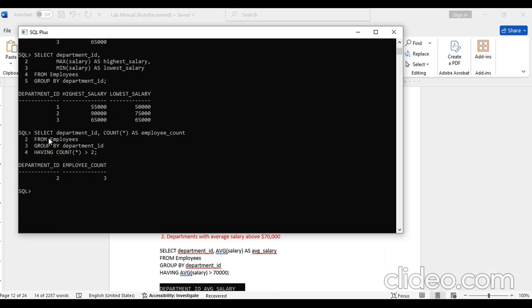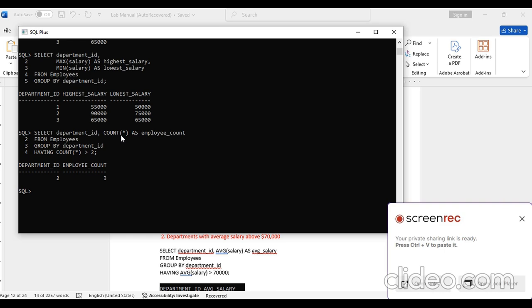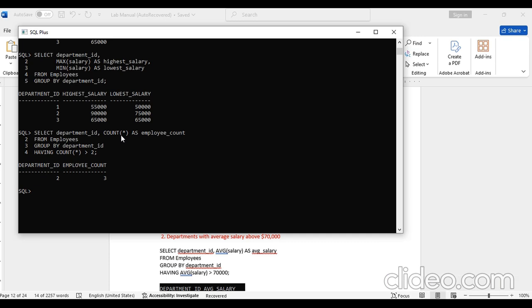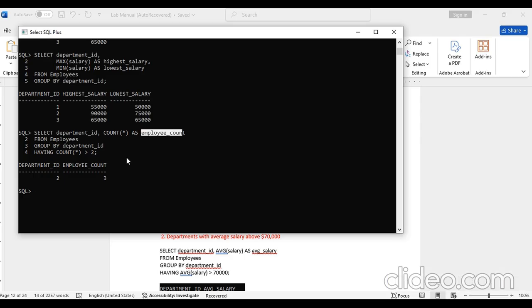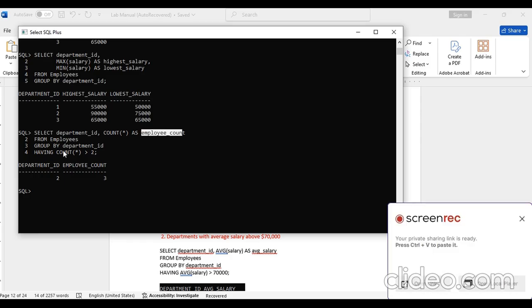Yes. So select department ID and count. In each department we are counting the total number of employees as employee count, and we are giving the attribute name employee count, from employee and group by department ID,